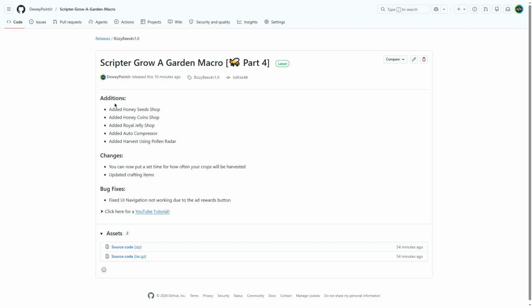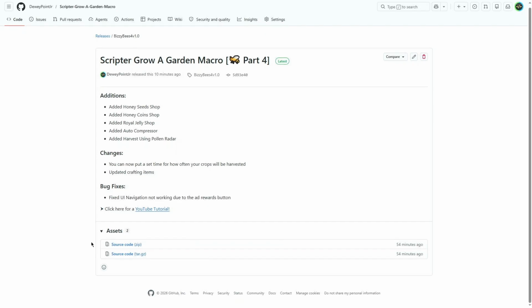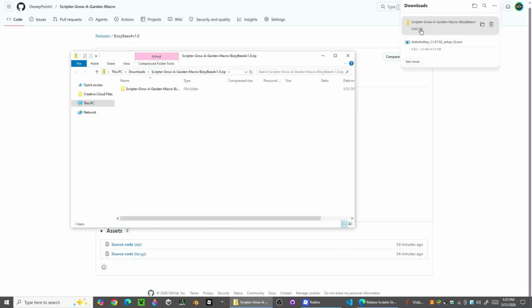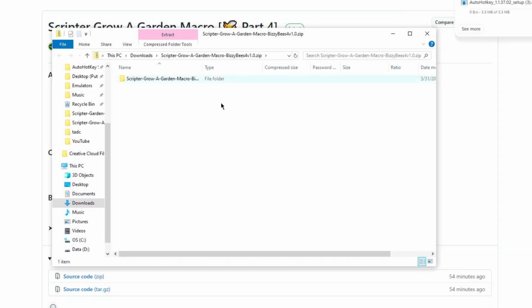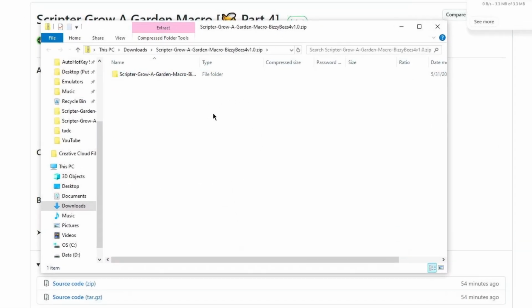But if you do not have it, you can go to this page, which I'll link in the description, and then you want to scroll down, and right here where it says source code zip, click on that, and it's going to download the files. You're going to want to open this up, and then you want to right-click, click Extract All,